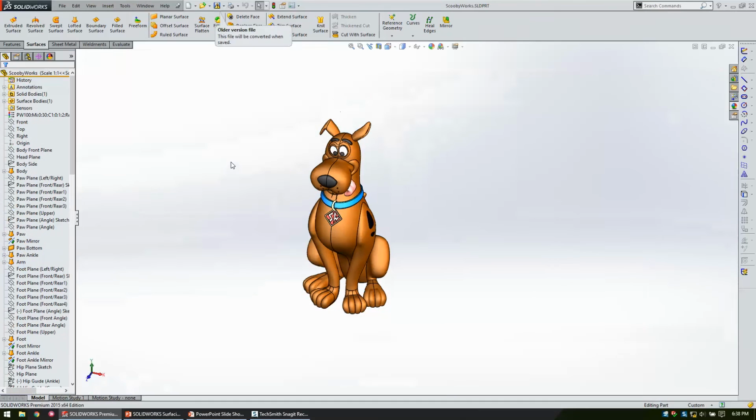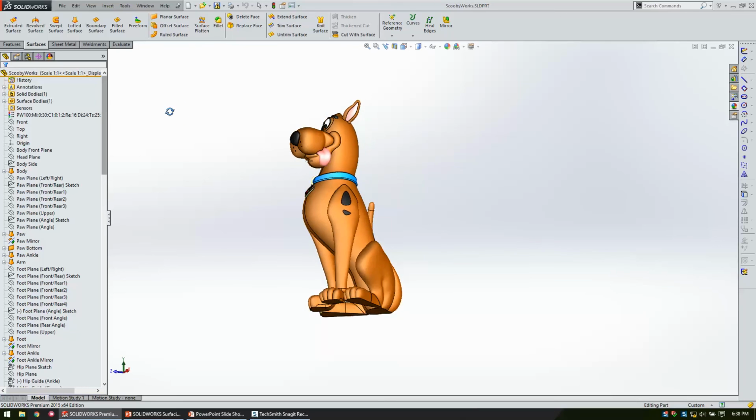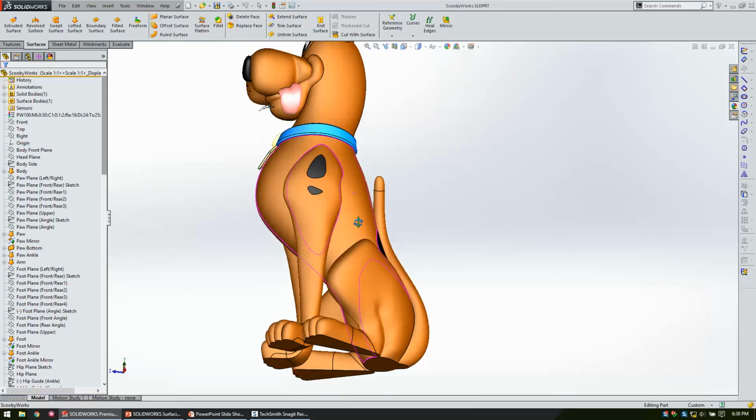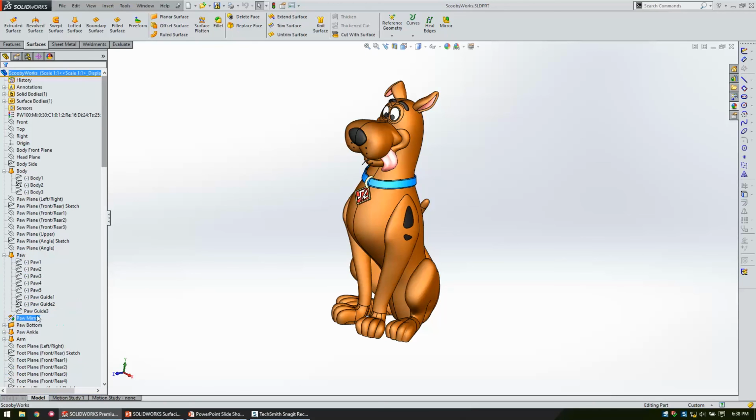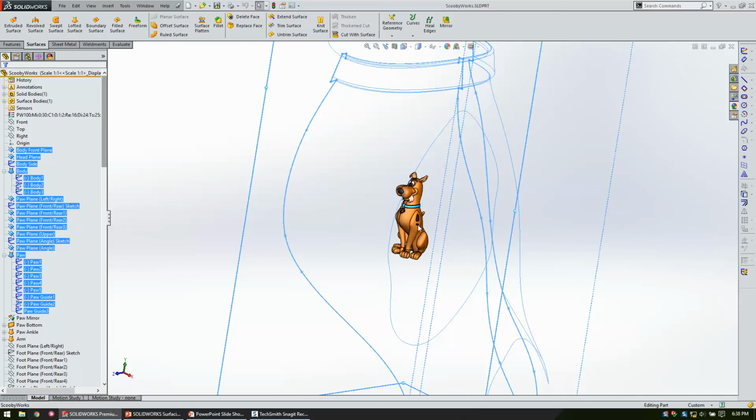Okay, models that are not solid feature friendly. I can't take credit for this. This was drawn by somebody on the internet a long time ago. But imagine doing this in solid features. It'd just be crazy. I don't know that it'd even be possible. And notice the amount of sketches. So when I do teach surfacing,